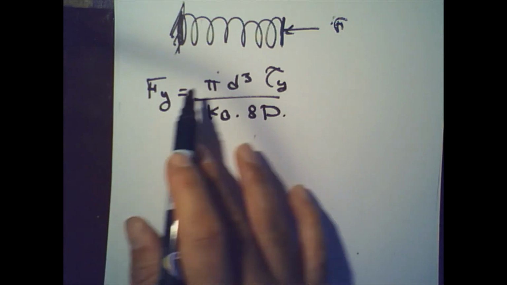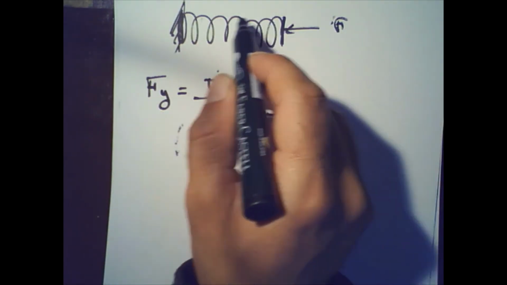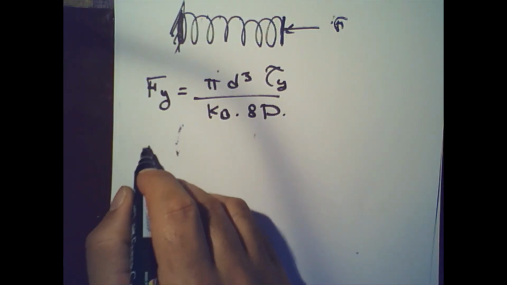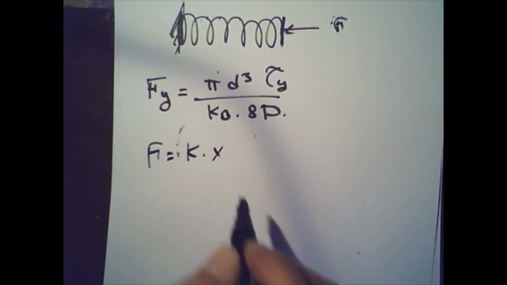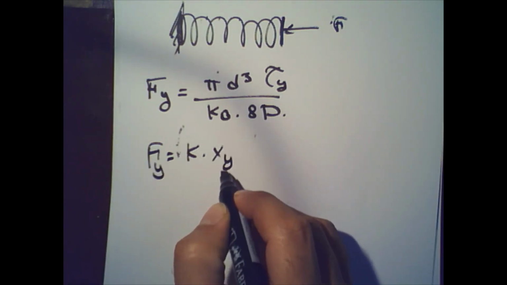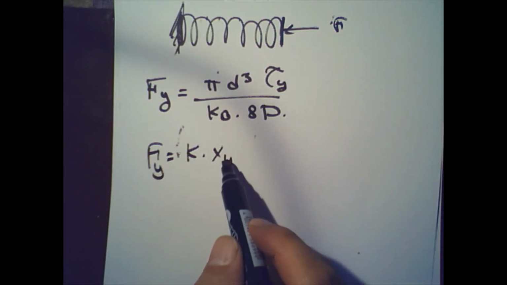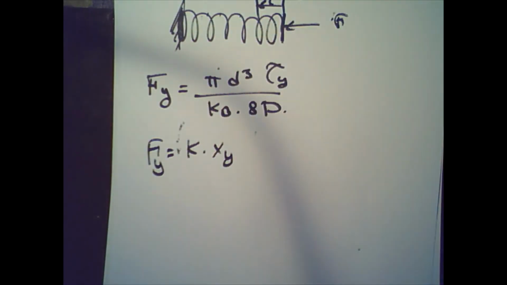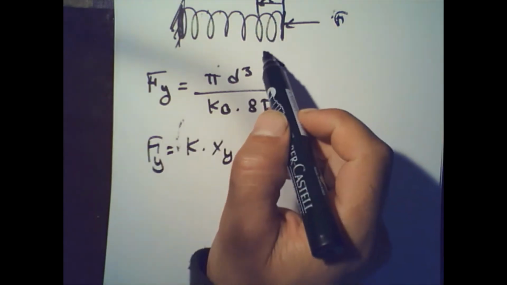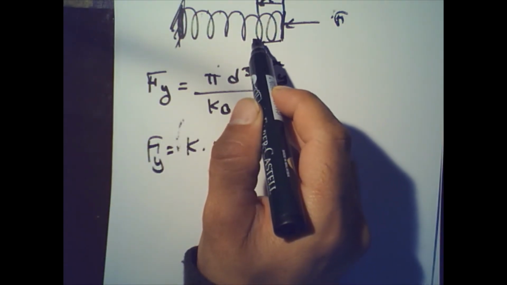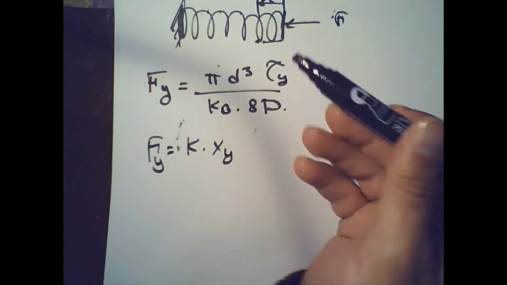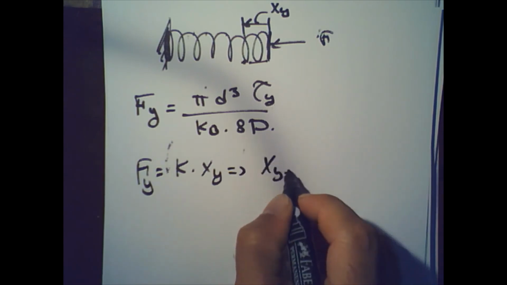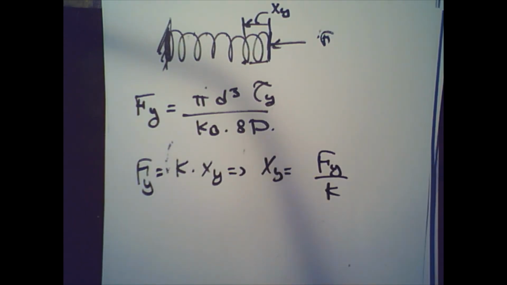We calculated this force that would cause one of them, or the coils on the inner fiber, to yield, and we just calculated the stiffness, and we know F is equal to K times X. So at yielding, we can find the deflection at yielding, right? Because the more the force, the more the deflection. So I can essentially find the deflection at this force. If I apply that force, I know the spring is going to move a little bit and then it's going to stop, right? Because the force applied by the spring is going to be equal to the force which I'm applying. So the deflection at yielding is going to be equal to Fy over K, and we have calculated